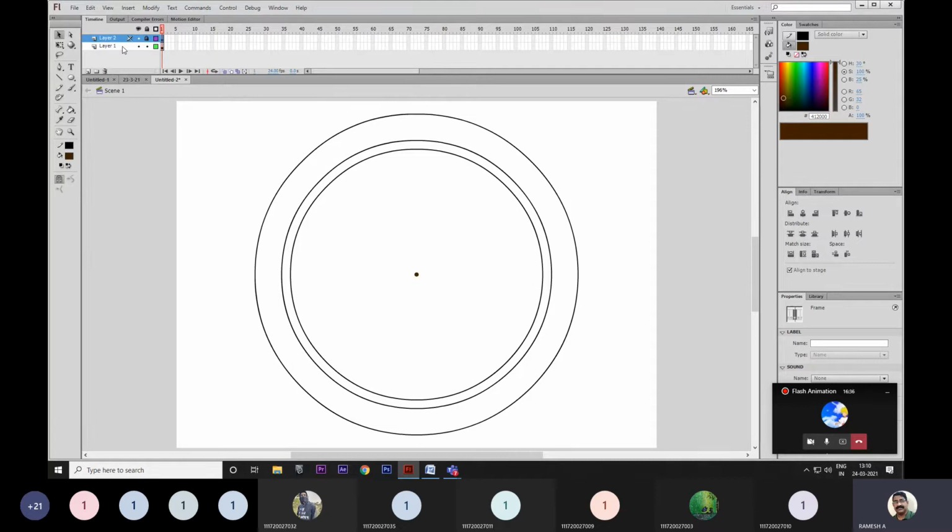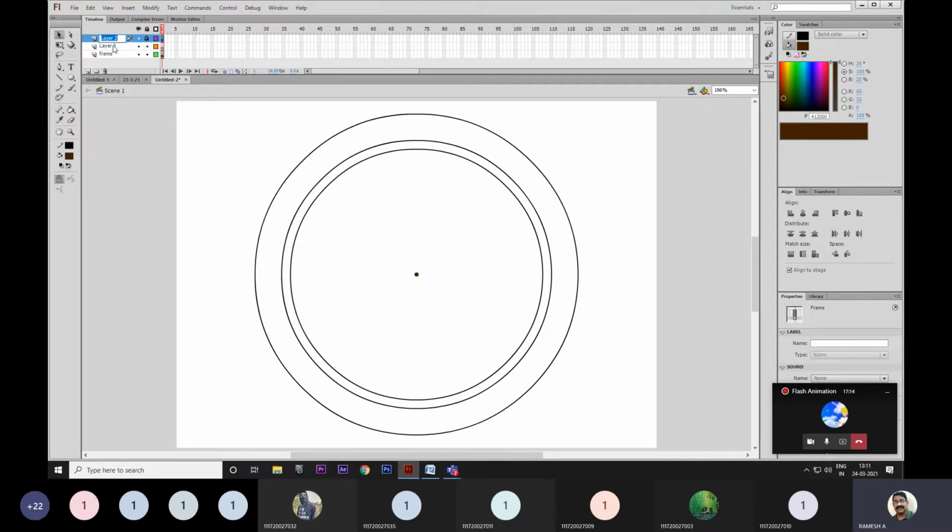Okay, now you select layer 1 and create one more layer. Go to new layer and click on it. Now I have one more layer. Better, I'll name layer 1 the border, otherwise the frame. Okay, this first layer is the frame.